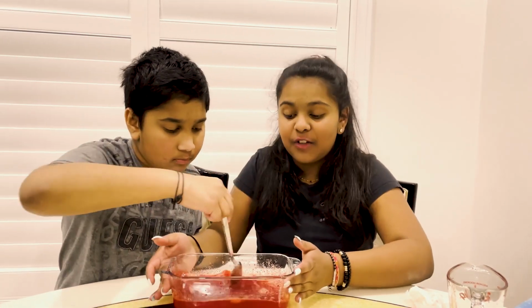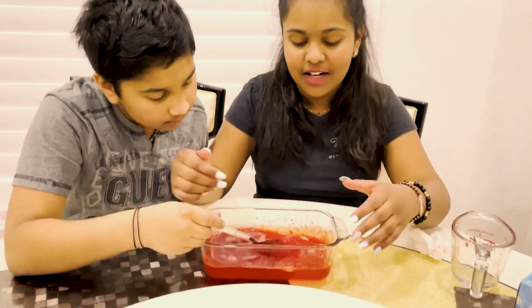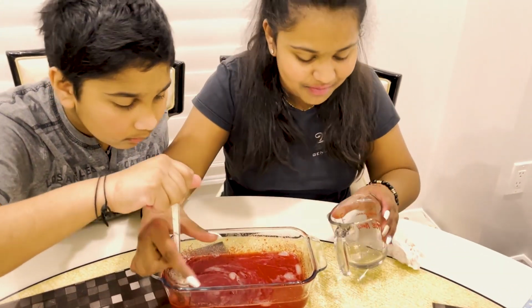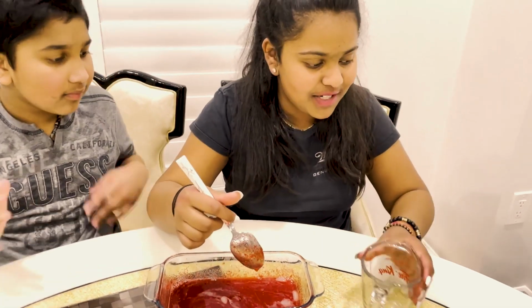Okay, so this is fully done because it's dissolved, like all these little pieces are dissolved properly. So we're going to put it in a cup because